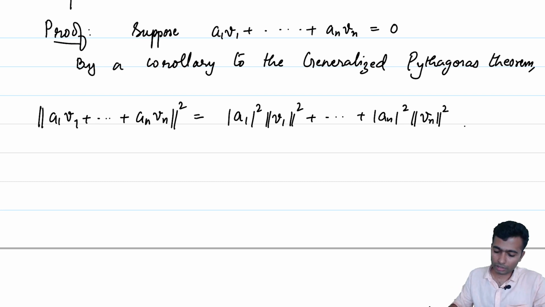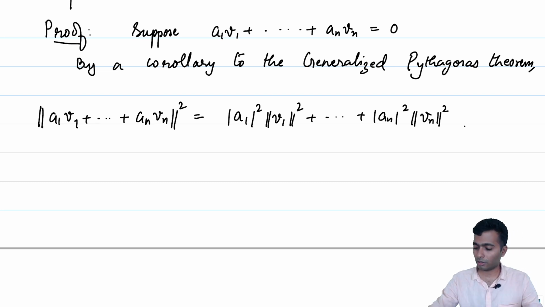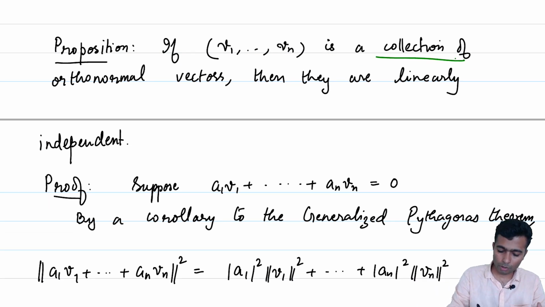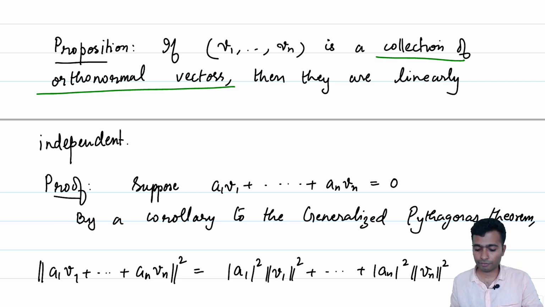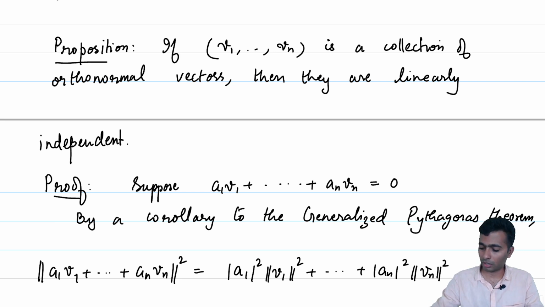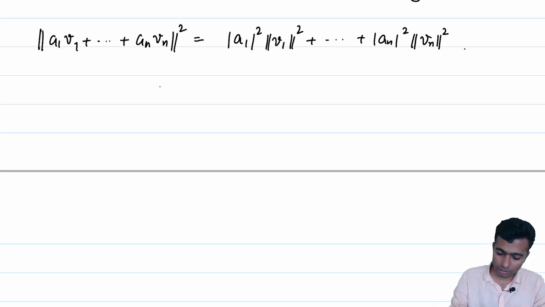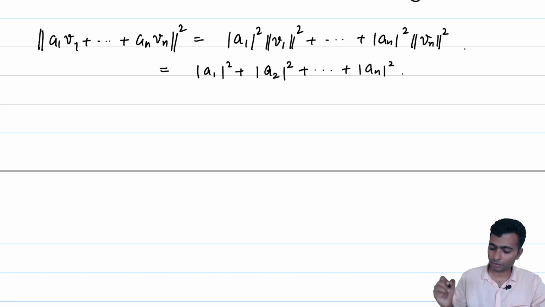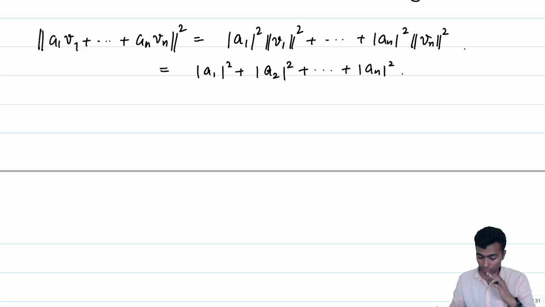But what do we know about V1, V2 up to Vn? It's, after all, as you can see, let me underline it, a collection of orthonormal vectors. So in particular, each of these Vi's has length 1. That means this is just equal to mod A1 square plus mod A2 square plus mod An square. So till now we didn't have to worry about which field of scalars we were working on,